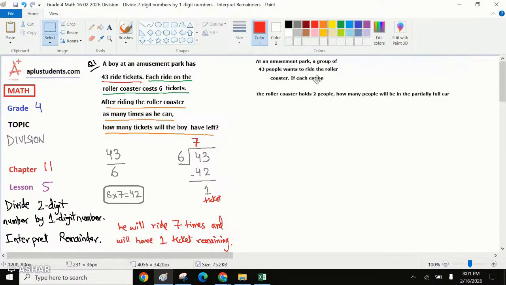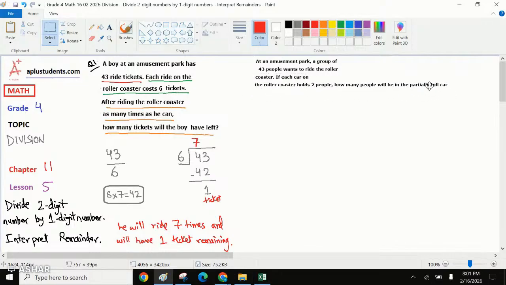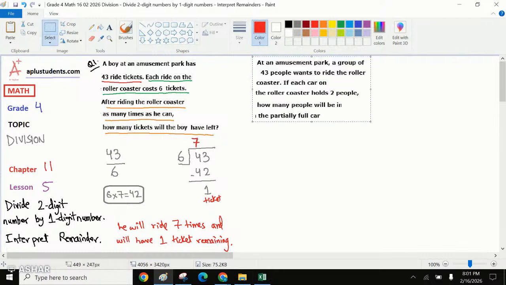If in each car it can hold 2 people, how many people will be in the partially full car? The question says 43 people want to ride the roller coaster. If each car can hold 2 people,